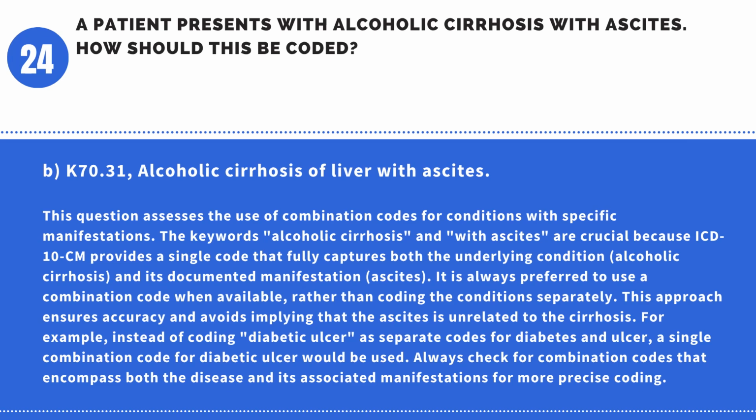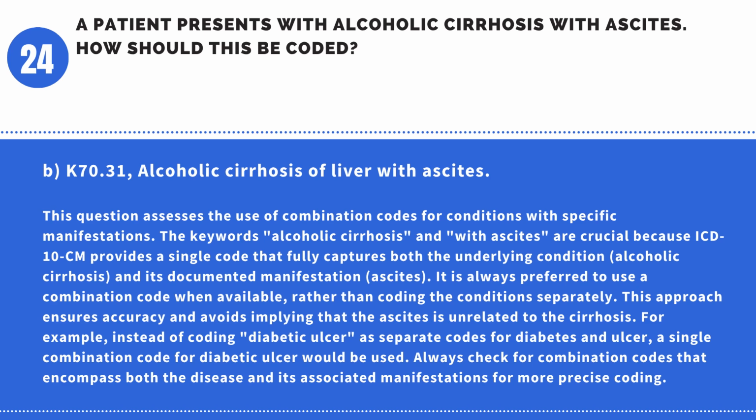This approach ensures accuracy and avoids implying that the ascites is unrelated to the cirrhosis. For example, instead of coding diabetic ulcer as separate codes for diabetes and ulcer, a single combination code for diabetic ulcer would be used. Always check for combination codes that encompass both the disease and its associated manifestations for more